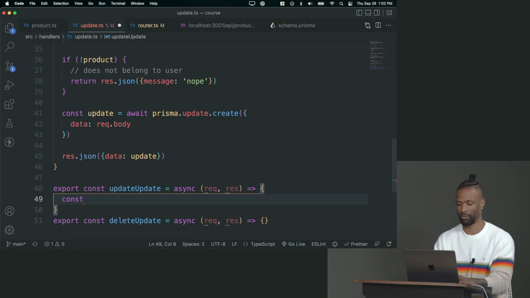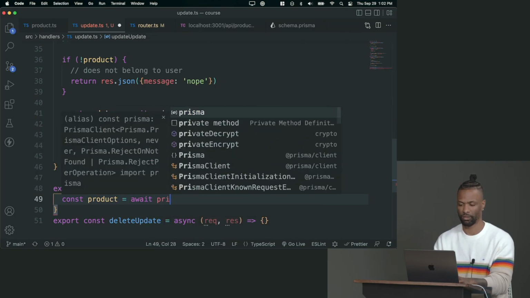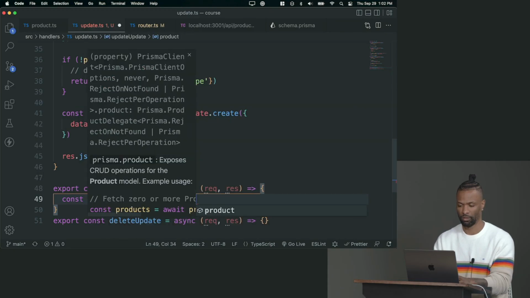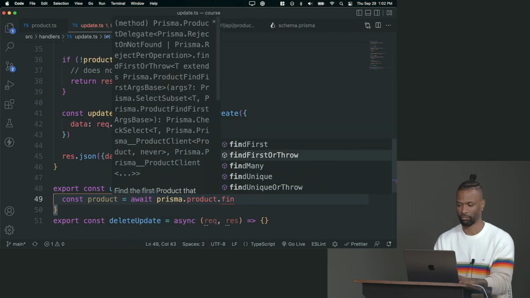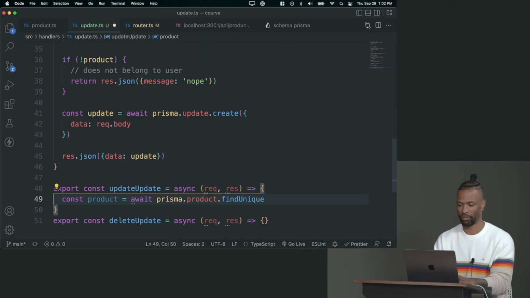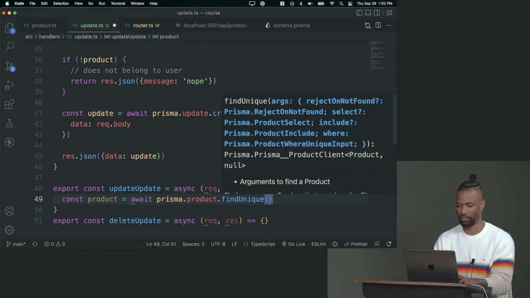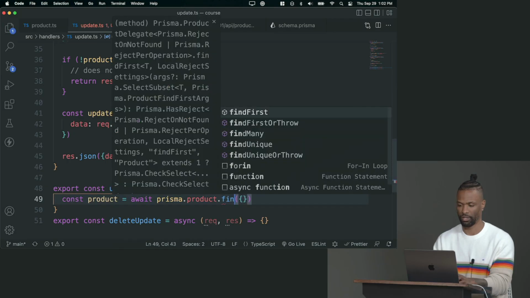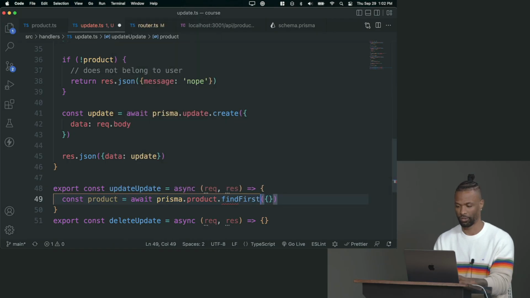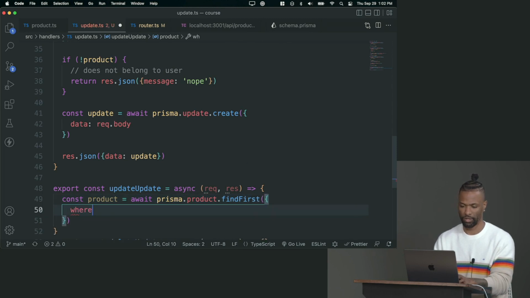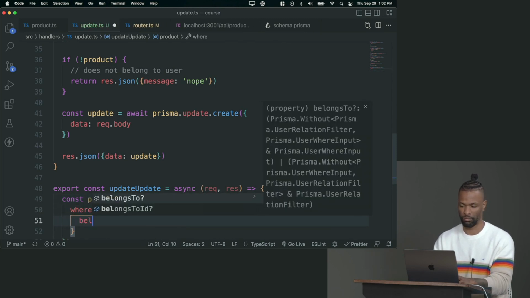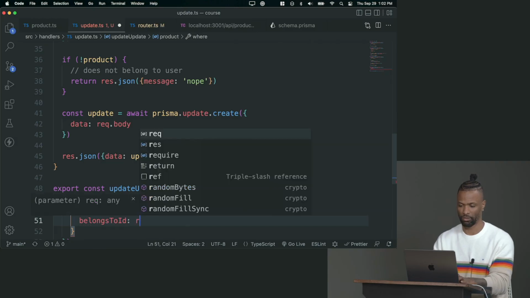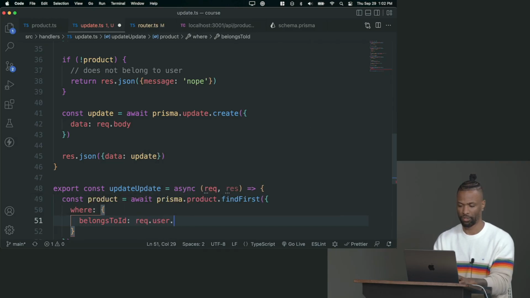And there's a lot of ways we can do that. We can go from the product side, so let's try that. So we can say product, await, Prisma, product dot find unique, or actually we want to do find first, I guess. Find the first product where belongs to ID is req.user.id,